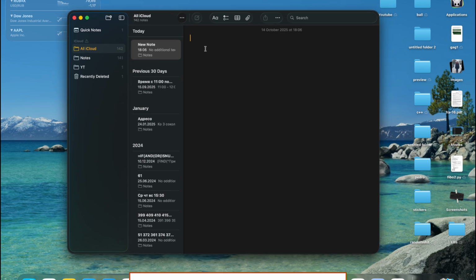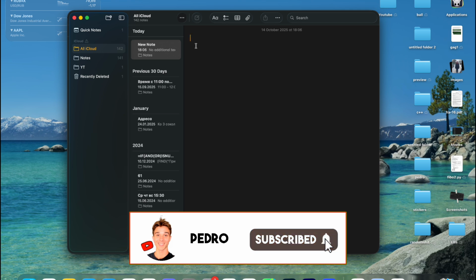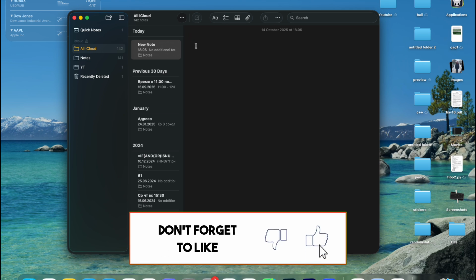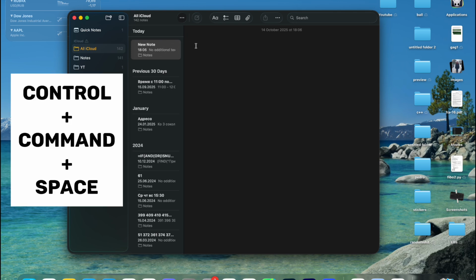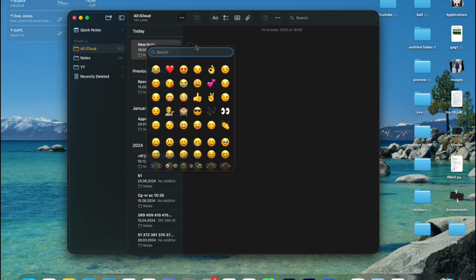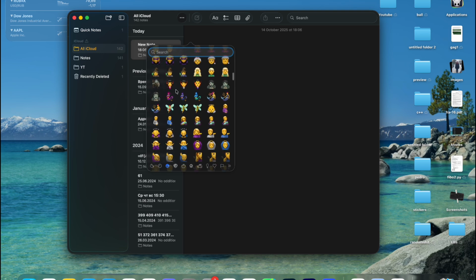And here to add some emojis, all I have to do is to press three buttons on my keyboard. The first one is Control, second is Command, and then space. So simply type Control Command Space and it will open this little menu, and here are all the available emojis